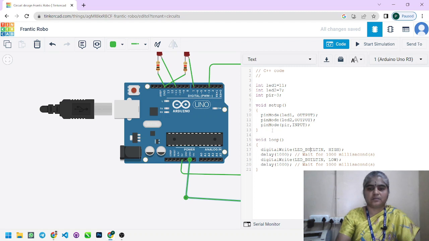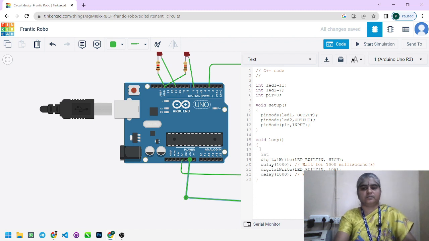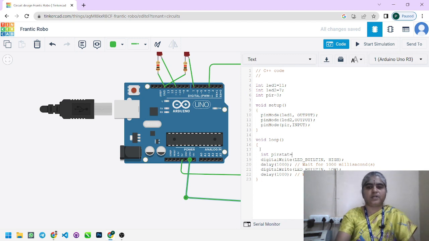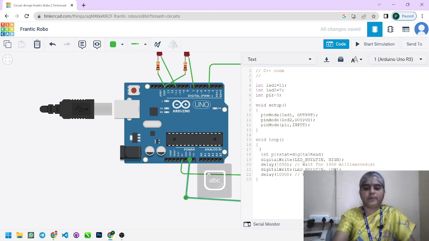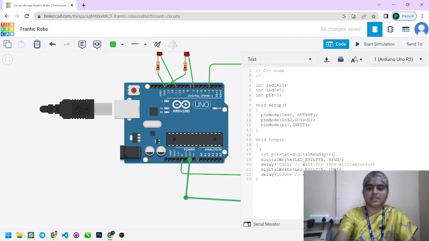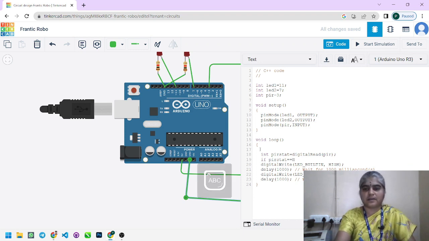After that we go for the condition. int PIR state equal to digital read of PIR. So this is a condition we have to give. So next, if PIR state equal to high,